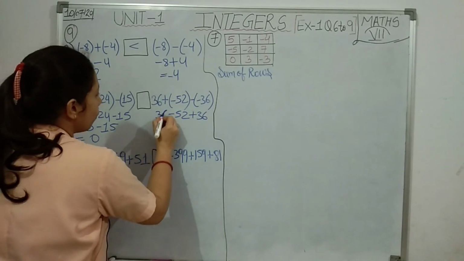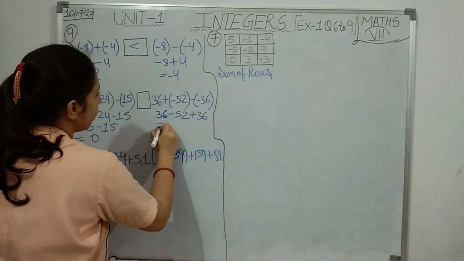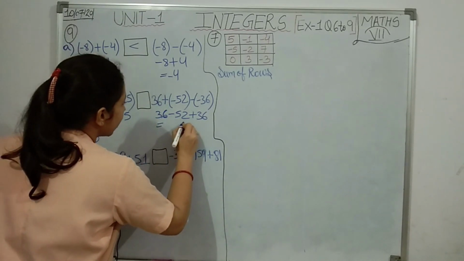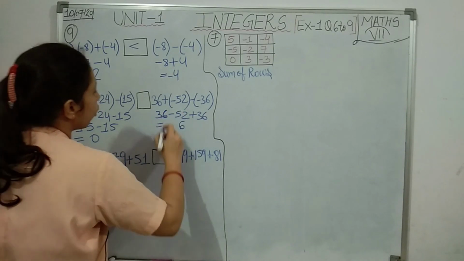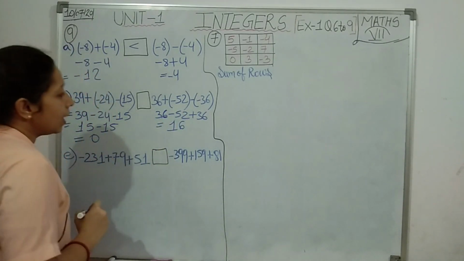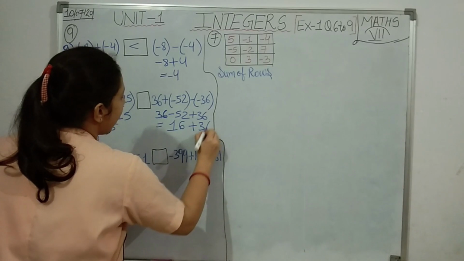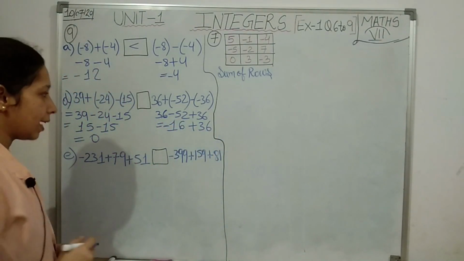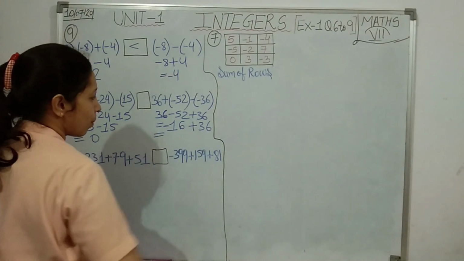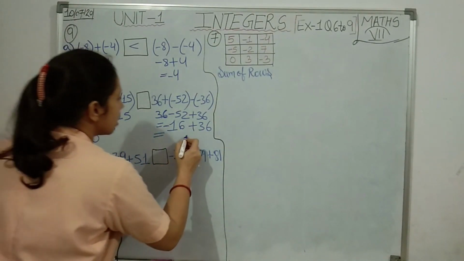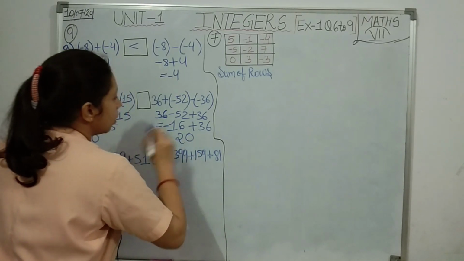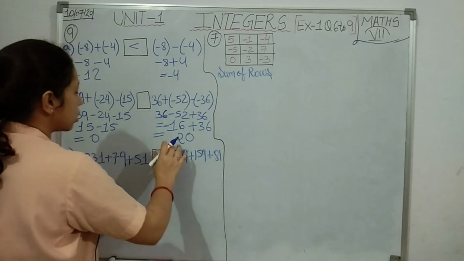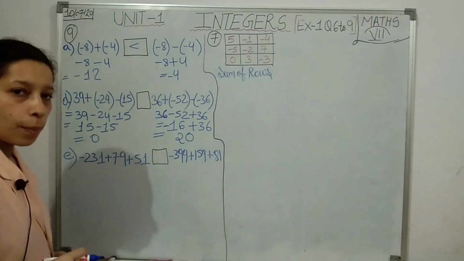Then here 36 plus minus minus 52, minus minus plus 36. Okay, fine. So 36 minus 52, how much are you going to get? 6 minus, okay, 36 minus 52 now. So 12 minus 6 will get 6. Then here 4 minus 3 will get 1. 16. Then plus 36 and also 52 is the greater number with negative sign. So here also I will be putting a minus sign. Now again minus plus minus, 16 minus 36, 6, 6, 0, 3 minus 2, 3 minus 1, 20. Here 36 is the greater number with positive sign. So here 20 will be a positive integer.